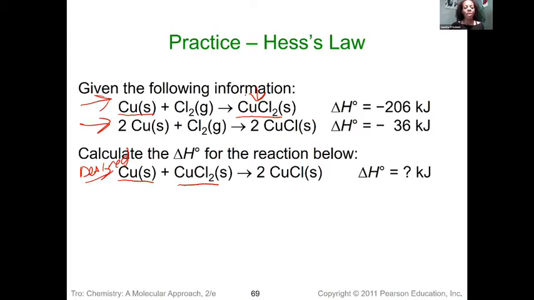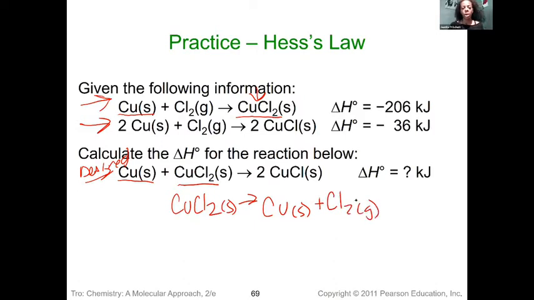However, in my desired equation, it's a reactant. So immediately you should be signaled that, okay, I need to reverse this equation. I need to make my copper 2 chloride become a reactant. And it's always beneficial if you keep the arrows aligned, and make my copper and my chlorine become